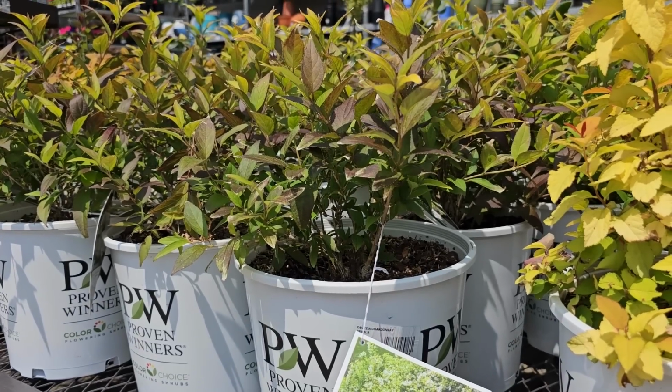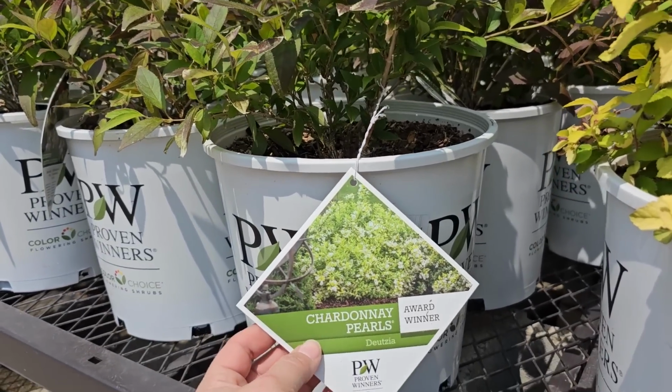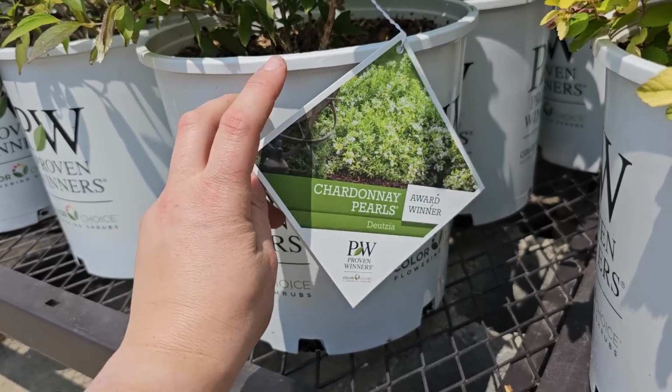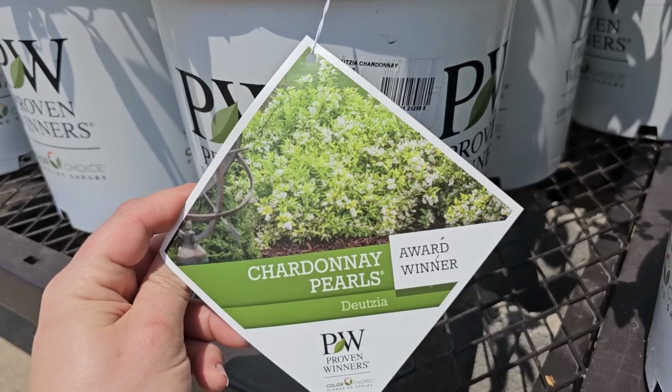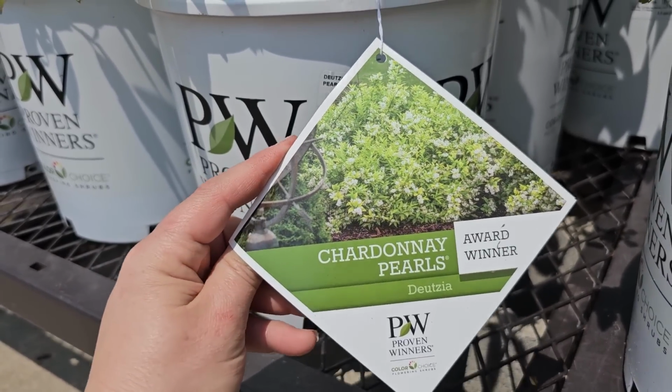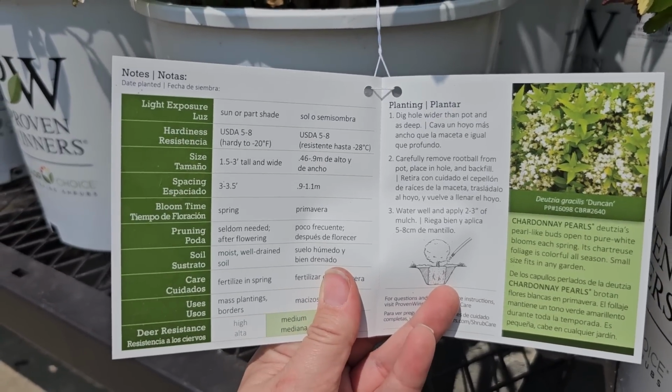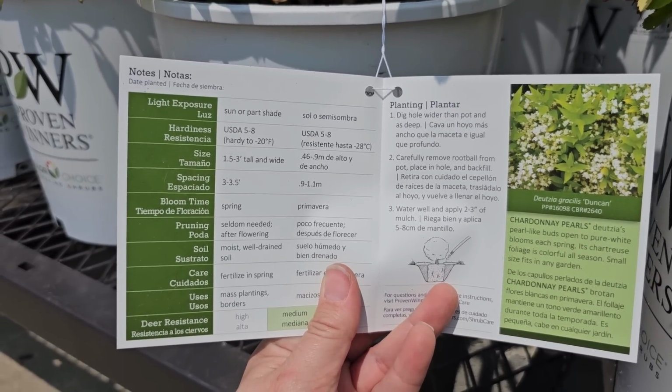Here's a Proven Winners shrub called Deutzia. So this one is called Chardonnay Pearls. This is a good candidate for a container as well, using some shrubs. It has these really dainty white blooms in the spring. It says it's an award winner. It likes sun or part shade, hardy in zones 5 through 8 or down to negative 20 degrees Fahrenheit, and